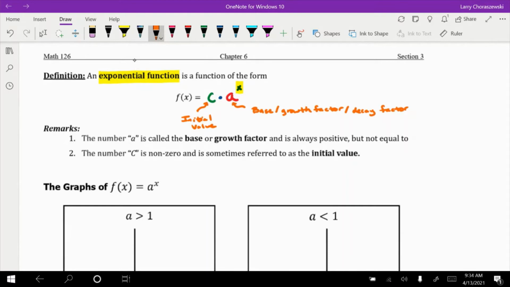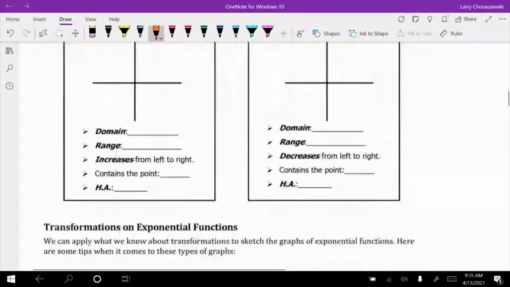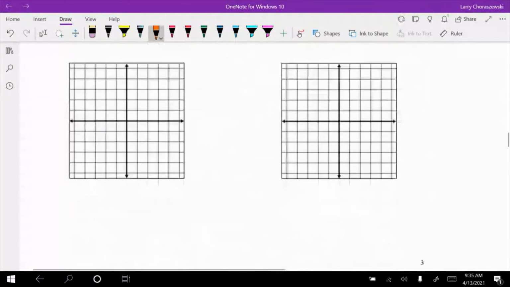He allows for a number in front of the exponential expression. I think he goes with this version because when we solve application problems, this variable c has some pretty good information tied into it. So c times a to the power of x. And that's a good segue to